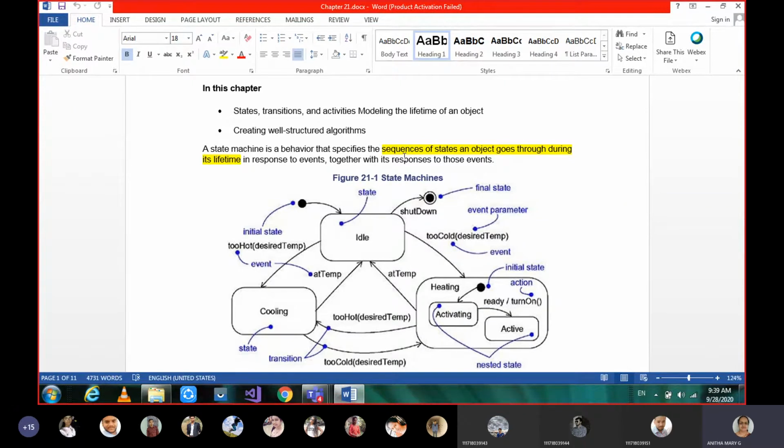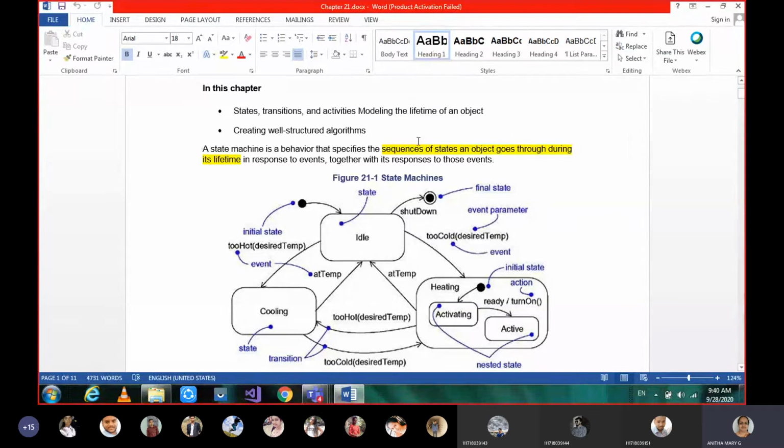And for use cases, for one flow of control we say what the different sequences of actions, sequences of steps, are. That is what we call a use case. But when it comes to states, it's nothing but an object. It's about state chart diagrams, or state machines, as we say.